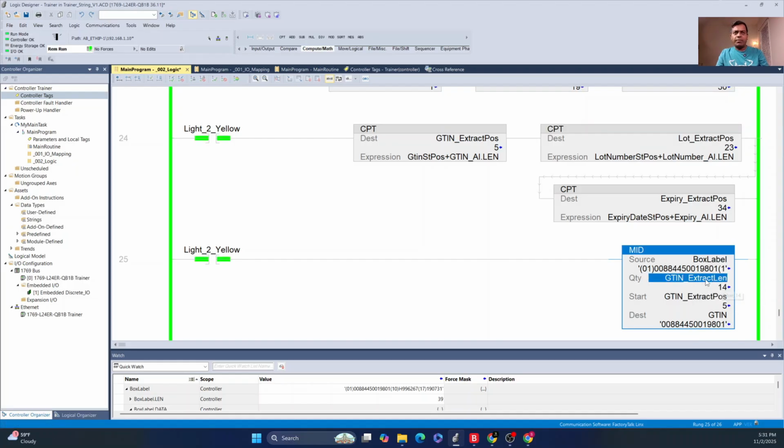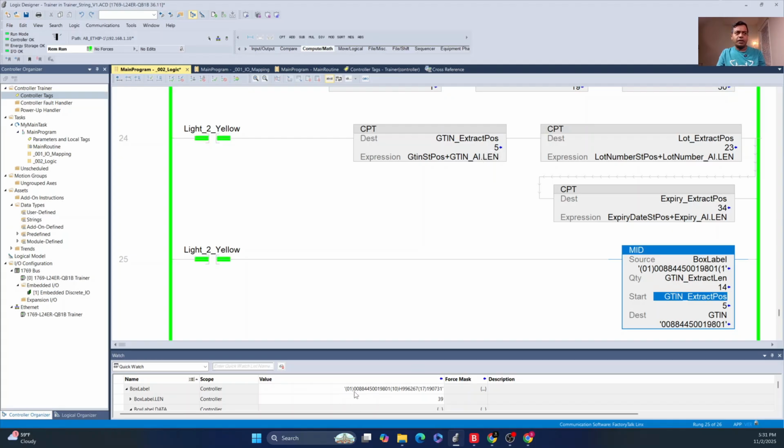Quantity, I made an extract length quantity, which we know by the specification of the GS1, it's 14 characters. So I entered 14 into the extract length, and start position is 5. Since it says 0 indexing, it confuses everybody, because even though I have a 4 here, only 4 characters here,